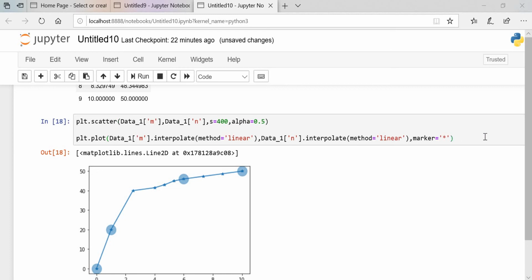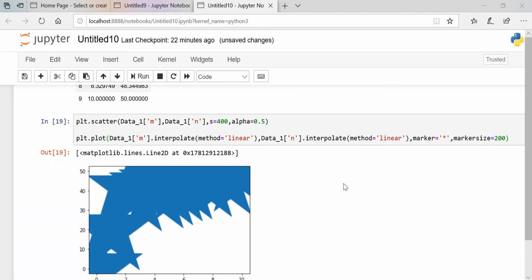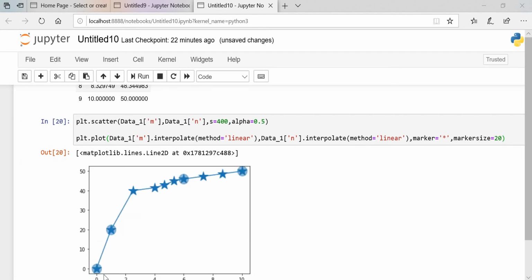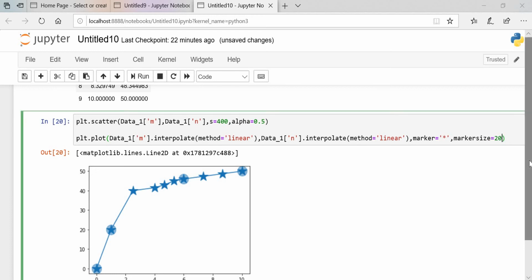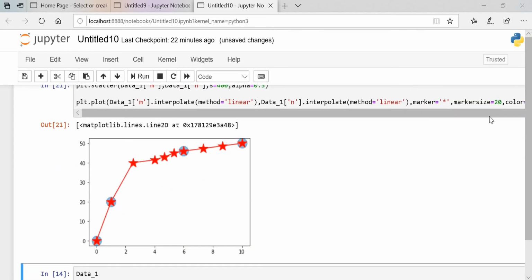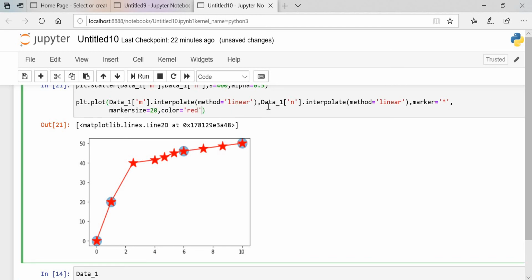I will increase the size of the marker, size equals, let's say, 200. Oh sorry, it's too large. I will change the color as well, color, let's say red. Okay, and I will put the alpha as well, so that you can see whatever graph is in the back.